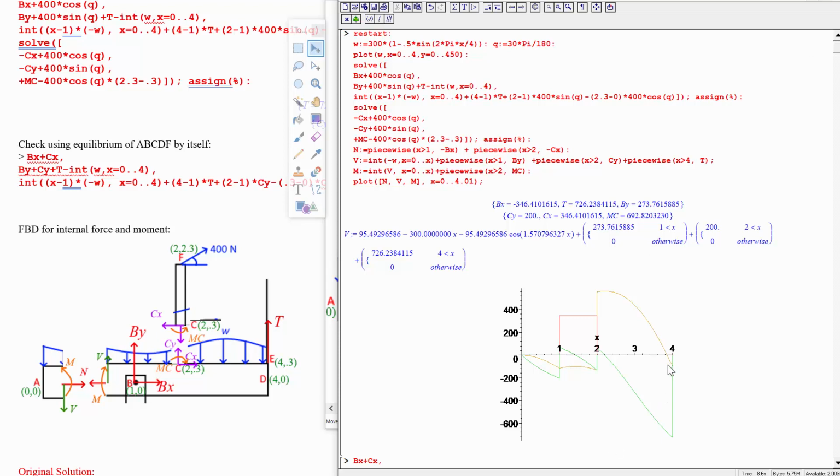Right away we have an issue. It does not go to 0 at the end. So there's some concern with this, right? Now what's up with that? Well, actually there was one other thing that's creating a point moment as we go across this, and that's this force cx applied here. So the derivation that we were getting that was saying that the moment is the integral of